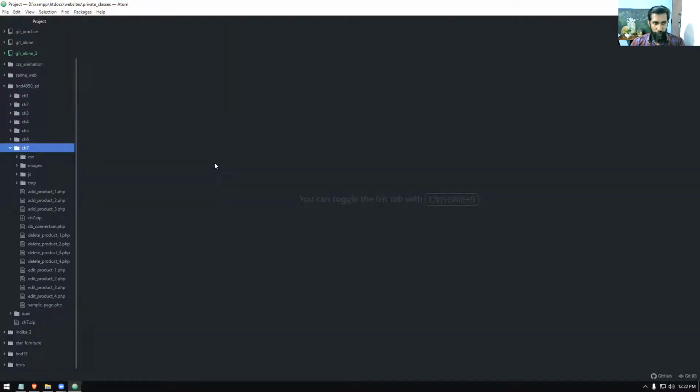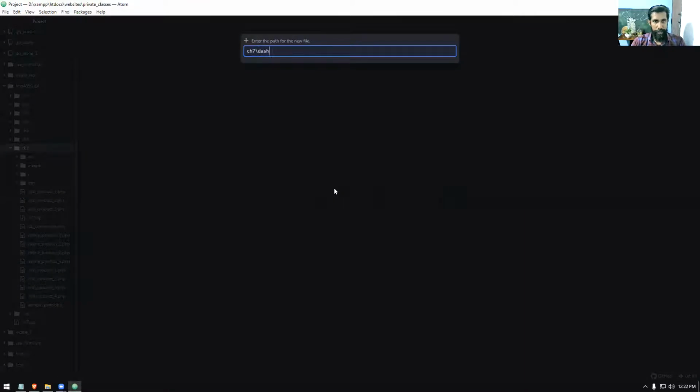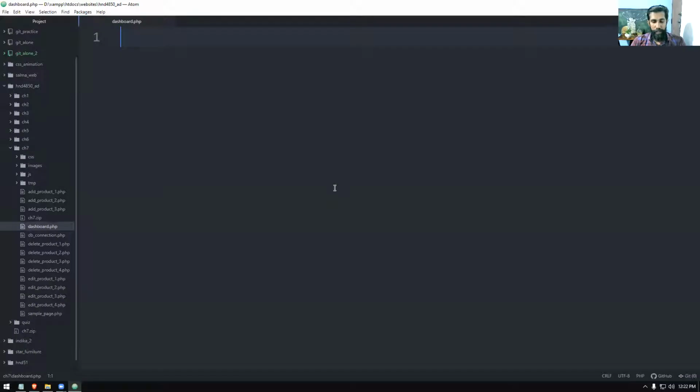First step, in chapter 7, where we have all the other program files, our application part is there. I'm going to build the dashboard.php file, which is going to have the interface. I'm going to create that file here. So in chapter 7, pressing letter A, I'm going to call this one dashboard.php. That's all I'm giving here. Then I will construct the HTML page there. So I'm going to pause the video. Once the page is constructed, I'm going to resume the video.